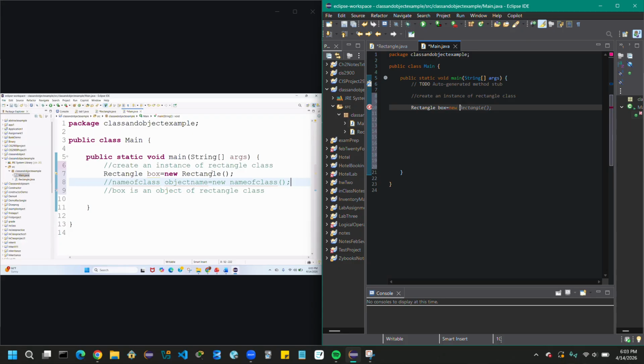So that is the syntax for creating objects, and objects are only created in the main method. It's not created inside the Rectangle class. In the Rectangle class, you will just write a template. That's it.